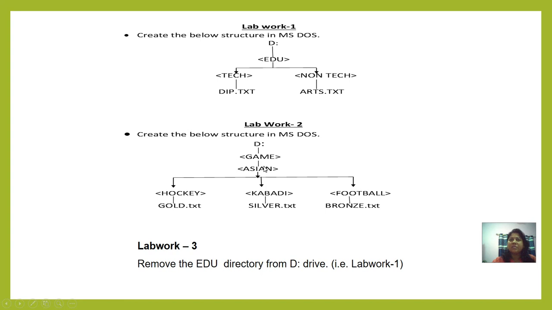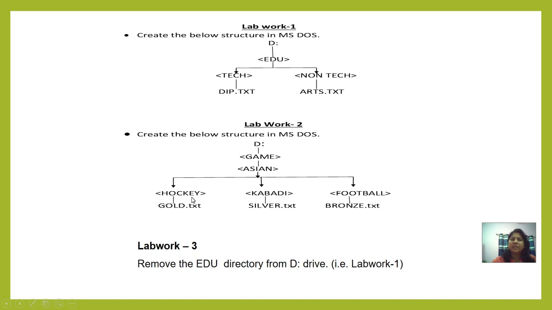One thing you have to remember: the less than and greater than symbols identify a directory, and a file does not have those symbols. So here you can easily identify that game is one directory, and ASEAN is another directory placed inside the game directory. Again, inside ASEAN it is divided into 3 subdirectories: one is hockey, then kabaddi, then football. Clear?